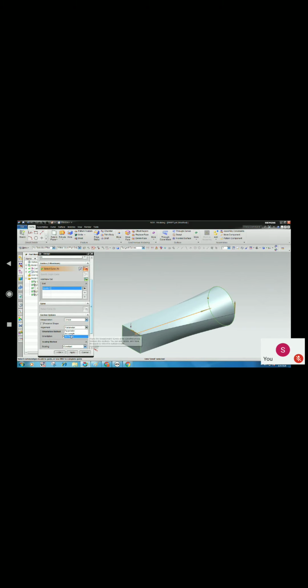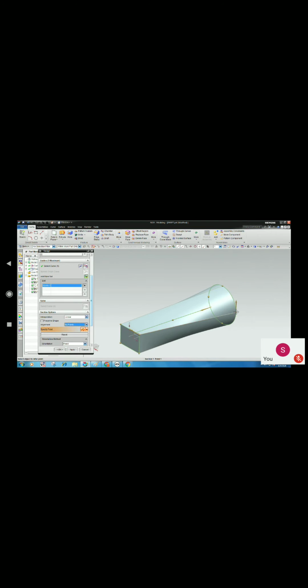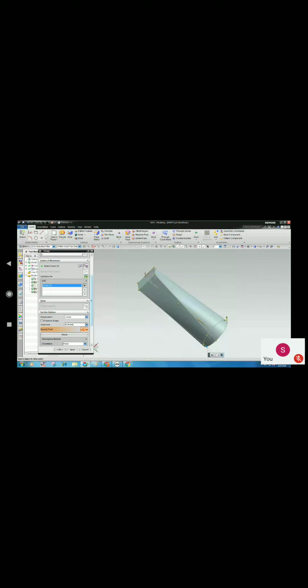Alignment method by points. Now this by points you can control it here. These are the segments actually. Again, click on OK. It's quite easy to align it properly.